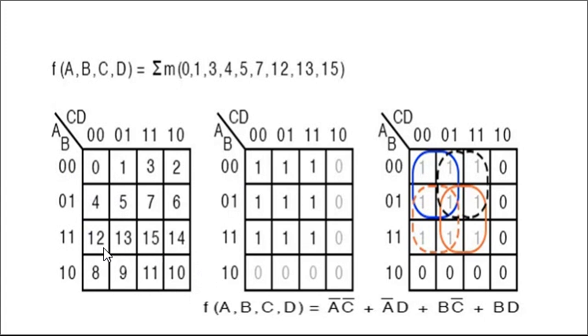Suppose this one is 15. All ones, that's why it is 15. Here is 1, 0. Here is 11. How is 11 written? See, 1, 0 and here 1, 1. That number is 1, 0, 1, 1. Convert into decimal, the equivalent is 11. That's why we write it as 11.